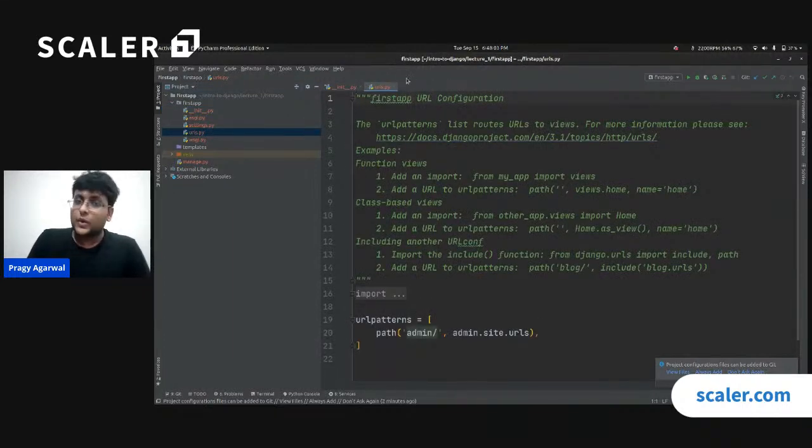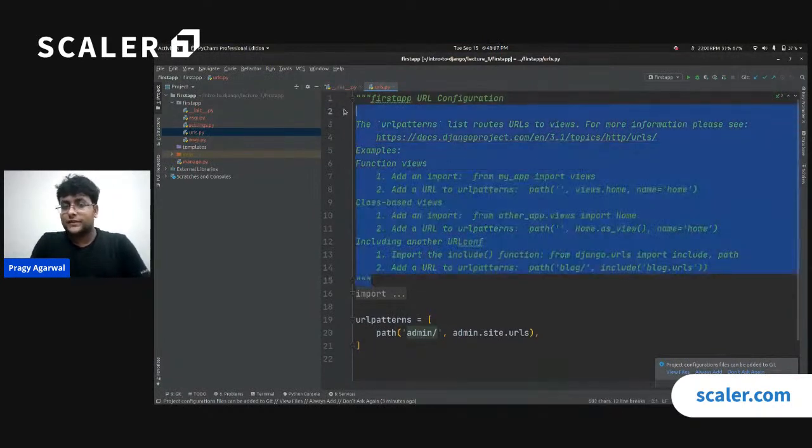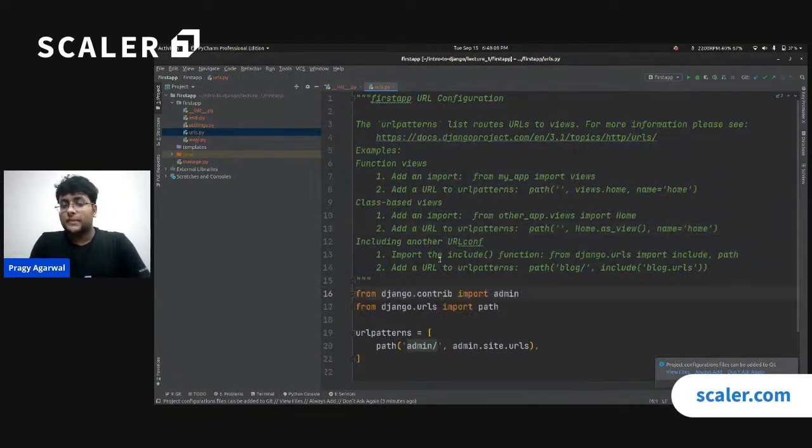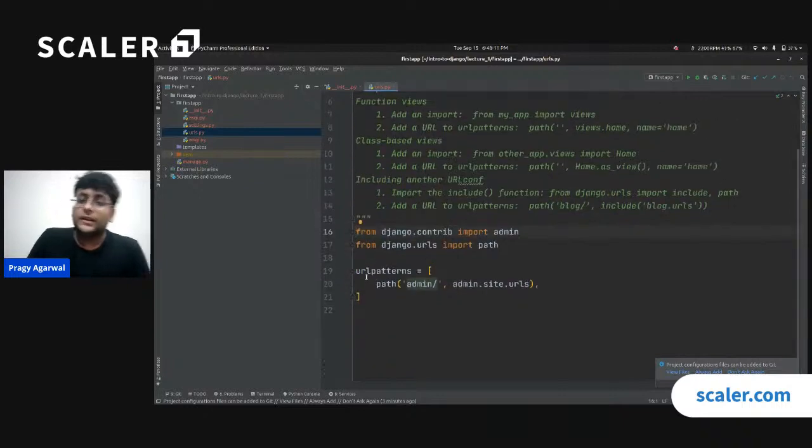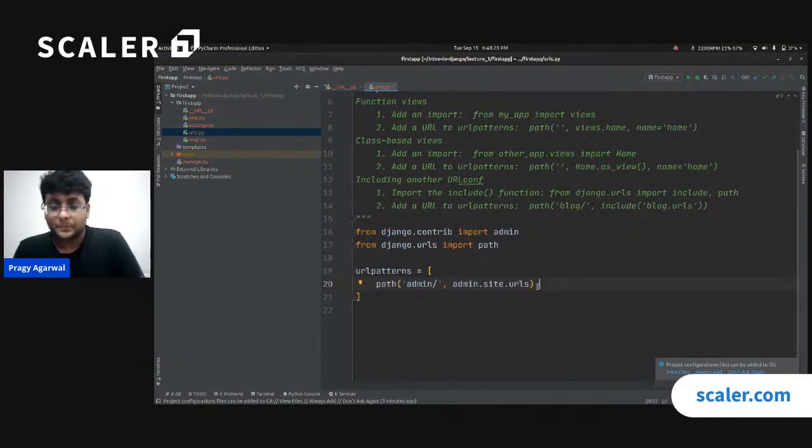The first file is urls.py. All right, in urls.py, you see some sort of comments over here. You see some imports being made, and finally, you see a list. Right, a Python list which has the variable name urlpatterns, and inside that Python list we have path admin.site.urls. Right, now what this admin stuff is, we will come to that later on. Okay,